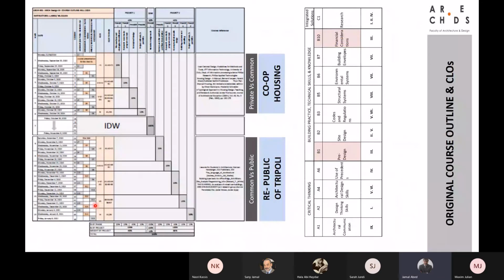That was the outline. Very neat, very straight, very tight, I would argue. We all, Maxime and I, realized at the beginning the tightness of the semester for us to meet all the CLOs in those two projects, but we depended on the commitment of the students to pick up the pace with us on the delivery of what is required.